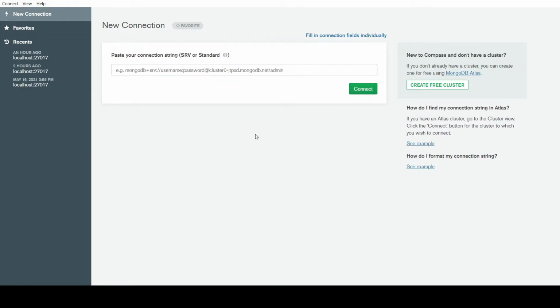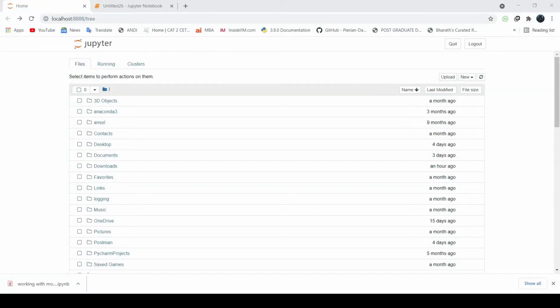I'm not talking about how to connect cloud MongoDB with your Python language. I'm talking about this local host on which I'm working right now, and let's create a new file, Python file.